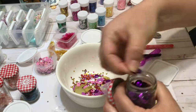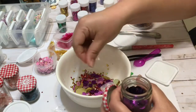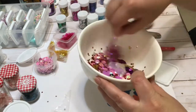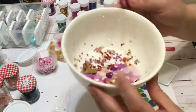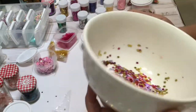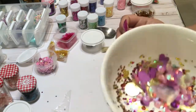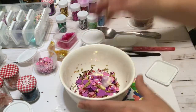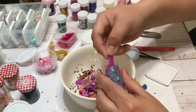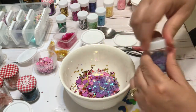And I am adding a little bit of that chunky purple sequin that I had already in my stash. And so that is, I think, going to turn out really pretty. Really loving that. So I will be showing you a few more mixes. So hang tight. But let me go ahead and add just a smidgen more of these